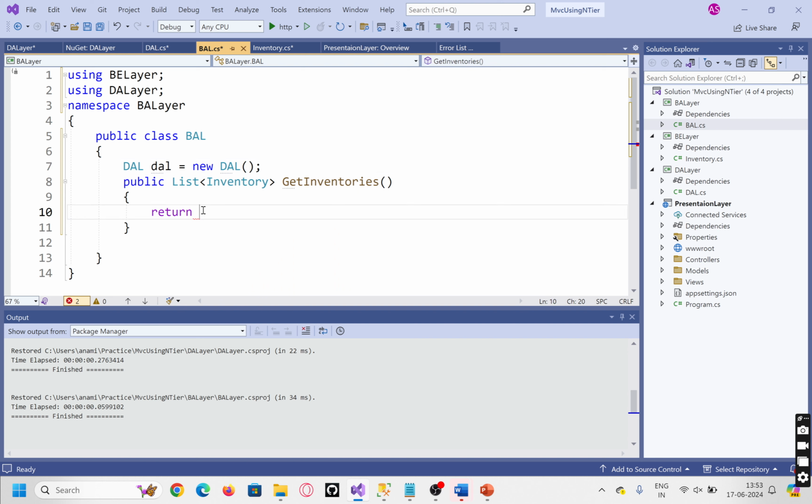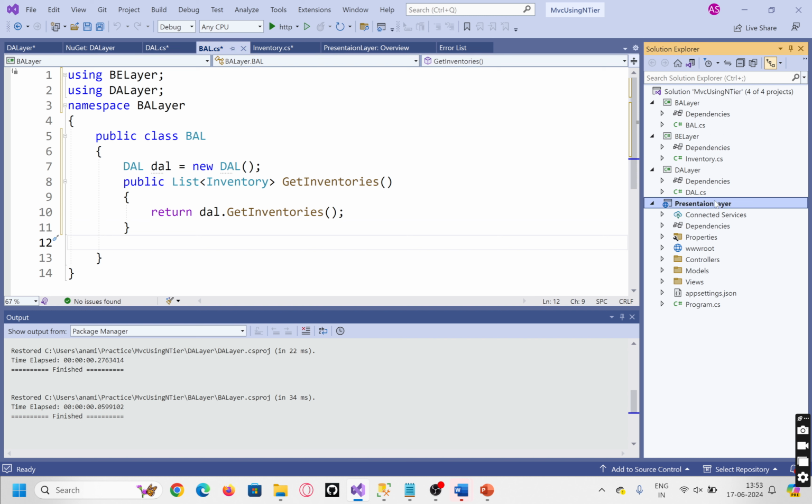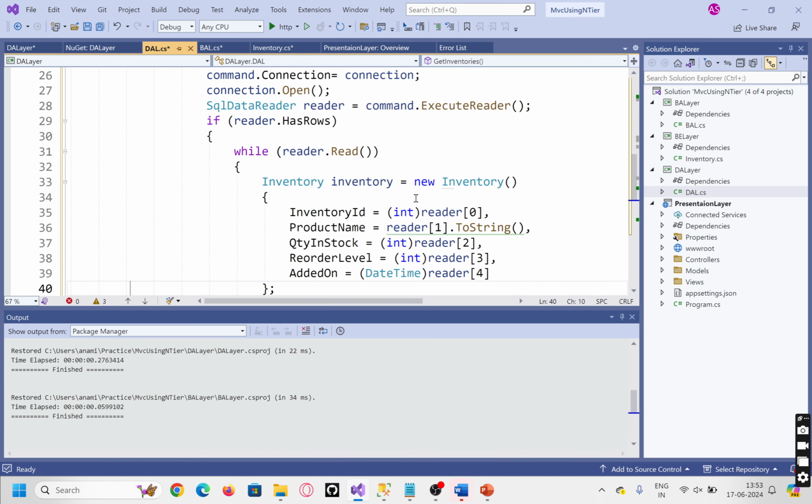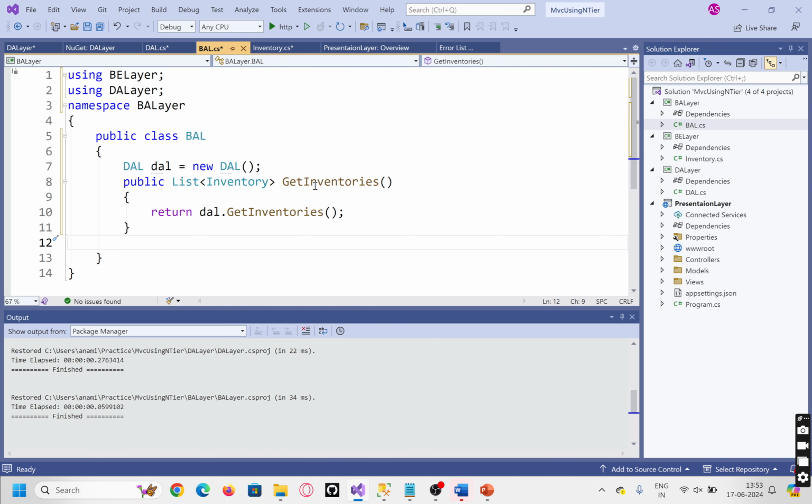Then we can say return dot GetInventories. This is the first function, and this function we will then call from the presentation layer. Basically, I'm showing you the first function only first. This was the project in which the actual code was written, which was actually interacting with the database to get all the records, which I'm calling from business access layer from here,